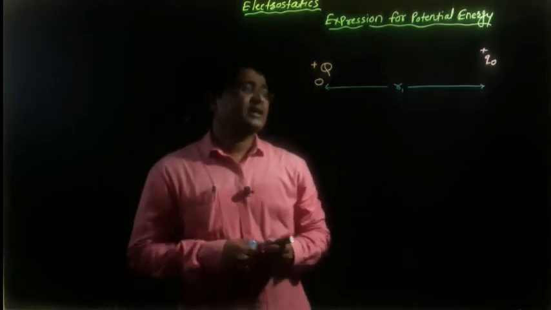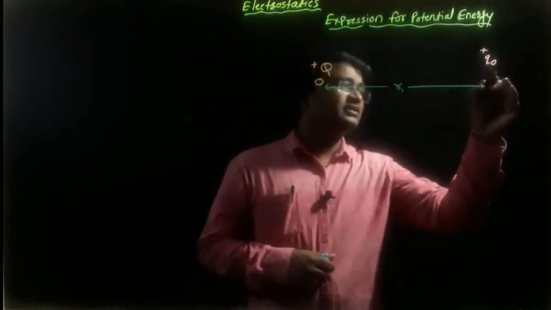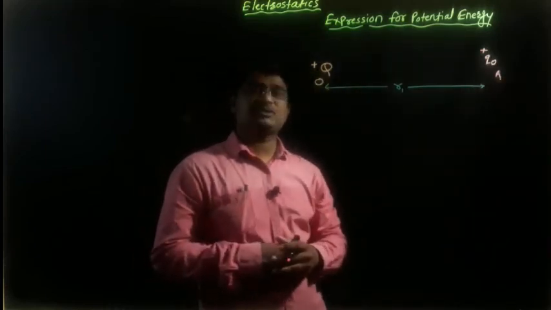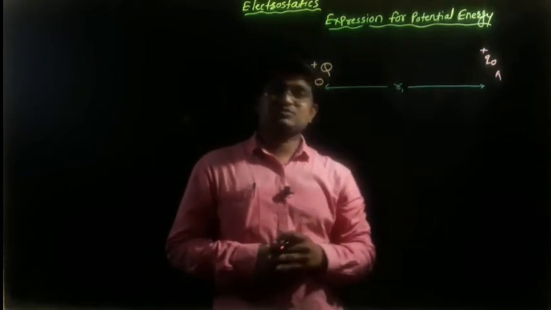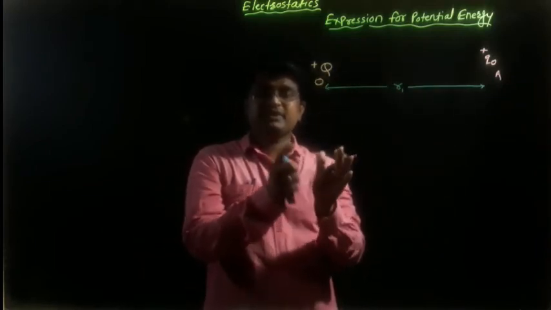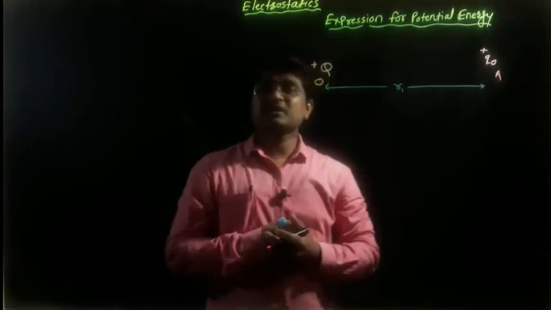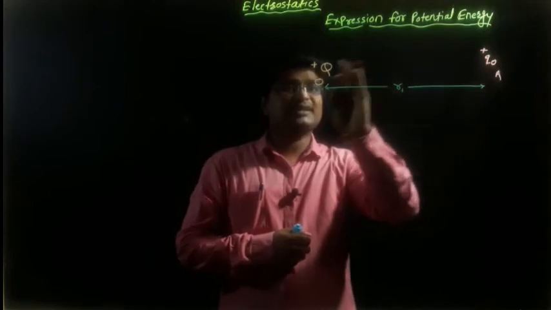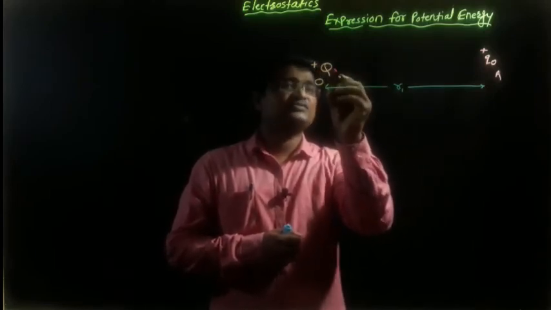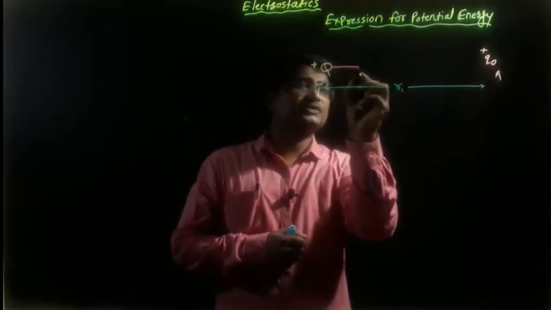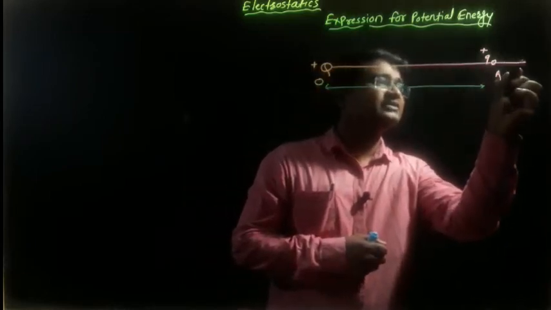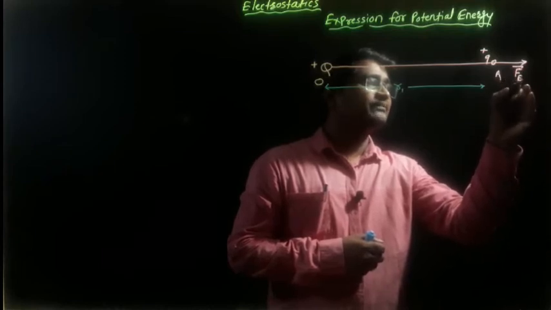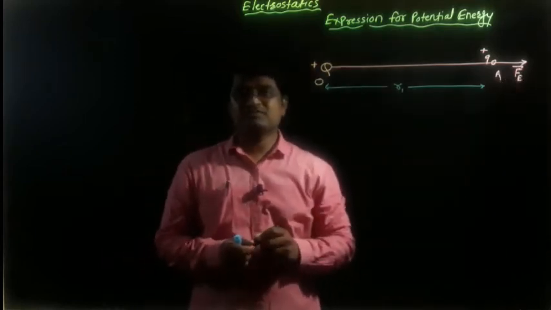Is that clear? And this charge is initially at the point A. A is the initial position of the unit positive charge. Actually both are positive charges. Through the electrostatic force, it is very clear these two charges repel each other. But this is a unit positive charge. It is very small, so it does not produce any effect on the other charge right now. That's why the electrostatic force is always present in the given direction. So this is the direction of the electrostatic force. It is very essential. See, this is the direction of the electrostatic force.